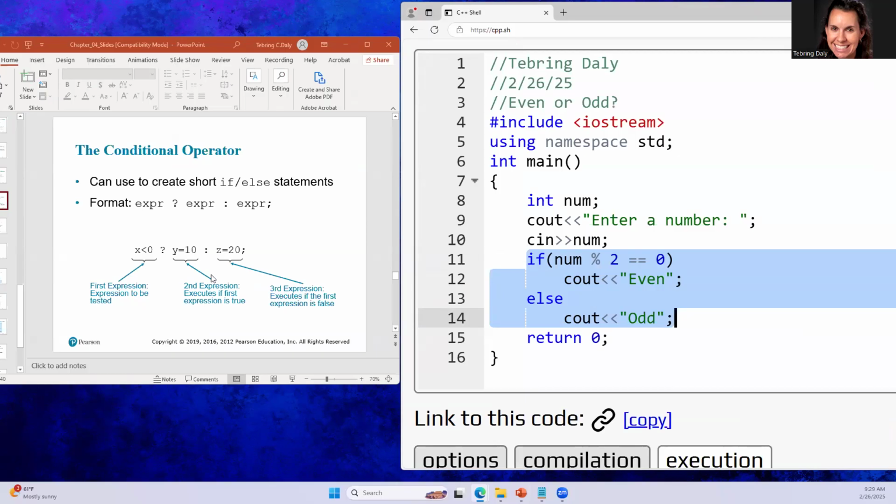And you may never use this. You may like it the way that you do with the if else. It may make more sense to you. A lot of times it's a little easier to read that way, but you may see other people code with